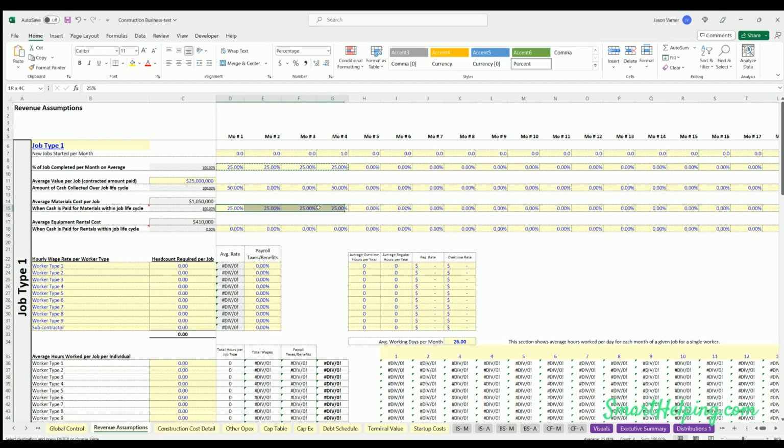You can just have it match up, which is probably the most common thing, but it could be different if you have payment terms. Let's say, month 1 for this payment would be month 4 of this because your job started in month 4. So maybe if you had nice terms, you don't have to pay for anything for that job until the end of it. Or maybe you got 30-day terms, so you pay 100 in month 2, but you still have that buffer for a month. However it works, you can put that in there for your specific case. I'm going to just do percentage paid